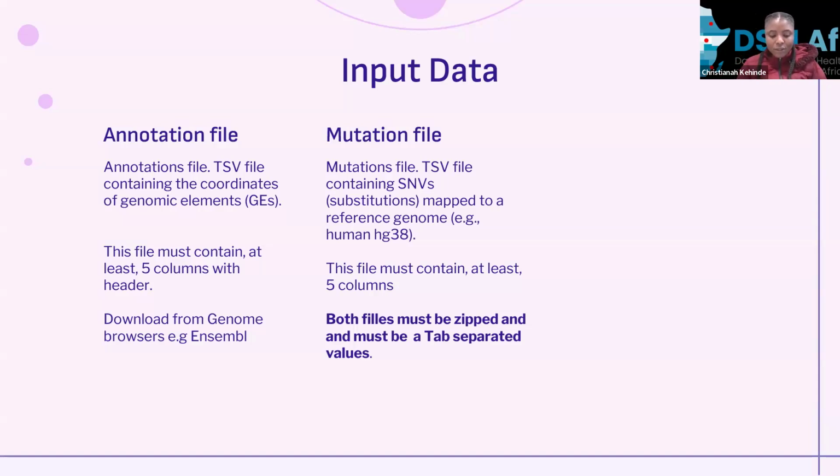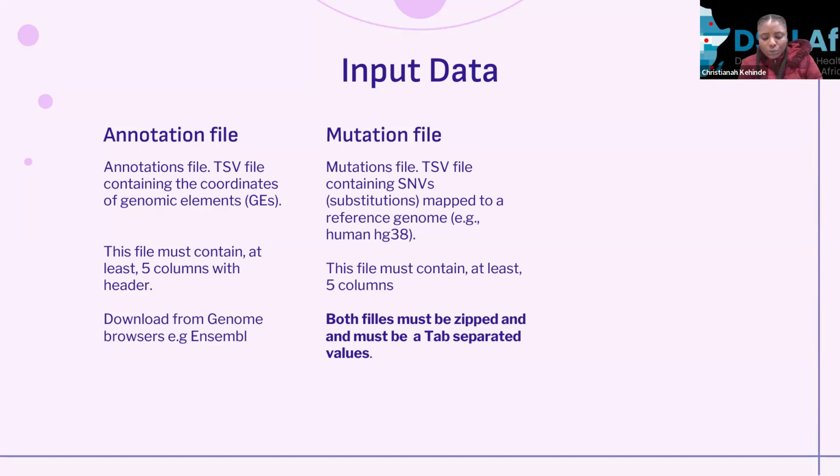annotation file. So the mutation file, let me just say here that both files must be inputted first as tab separated values, not in any other format. If not, it's going to give a lot of errors, and just that little step would actually cause unnecessary frustration. So please, that should be noted, and the input files should be zipped. Yeah, so you can perhaps zip it on your terminal before you run the tool, or any other way that